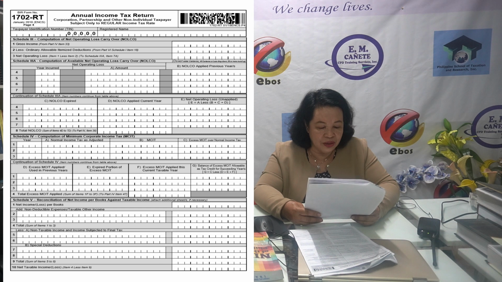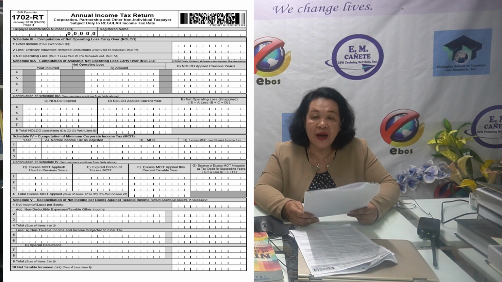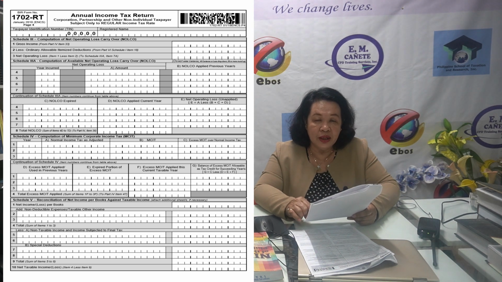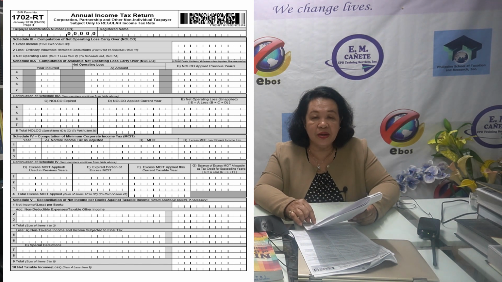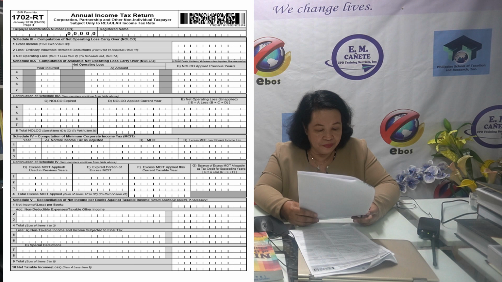And then on Schedule 6, we have the reconciliation of net income per books against taxable income as attached. Why is there a reconciliation? Because net income or loss per books sometimes includes non-taxable income. So we are going to put some reconciliation here so that the user of this financial statement or this return can easily understand the taxable income and the accounting income.